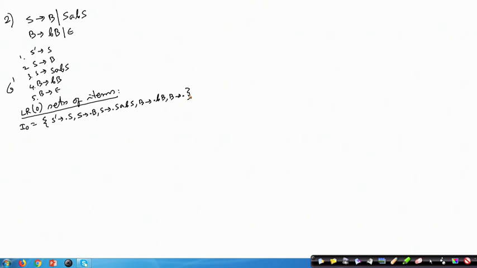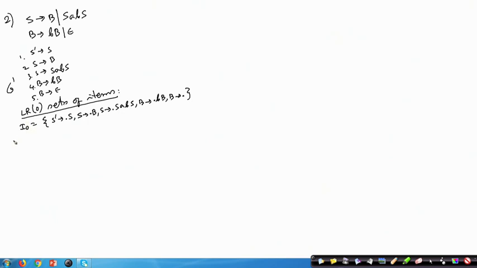Okay. So, this will be the set of items that we have. Now, this S dash producing dot S, and from there we have got the remaining items, where S producing dot S is again coming. So, that will give me again S producing dot B and this rule. So, that way it will continue.